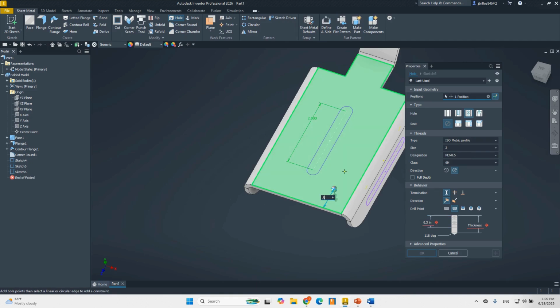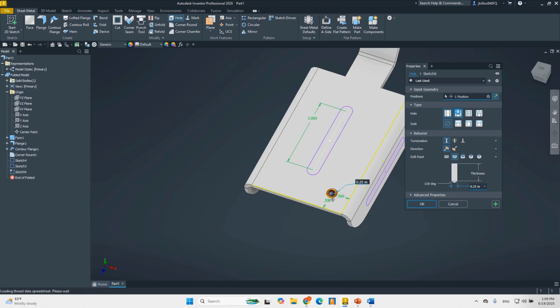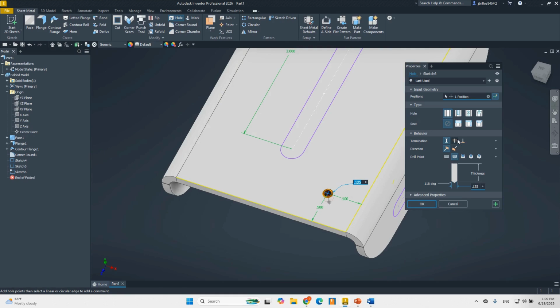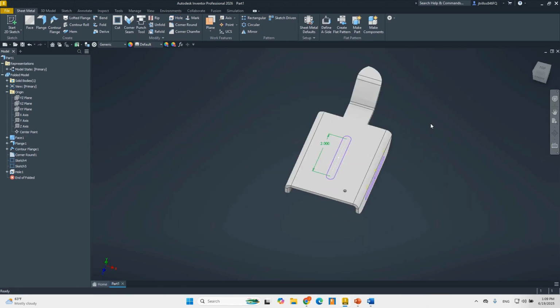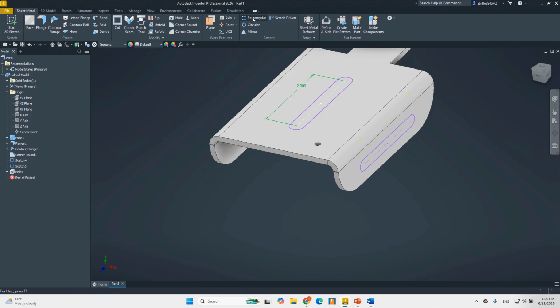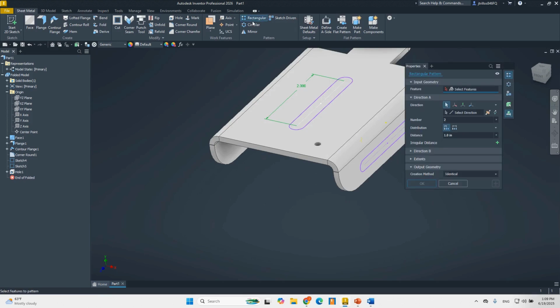We want it 0.5 and 0.5 as well. There we go. This is going to be a regular hole. I'm going to make it 125, 1 acre per inch. Cool. There we go. Now, when you activate the pattern tool, it doesn't matter if you start with the rectangular,